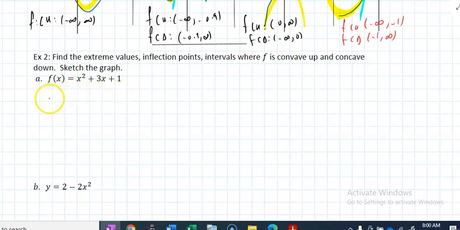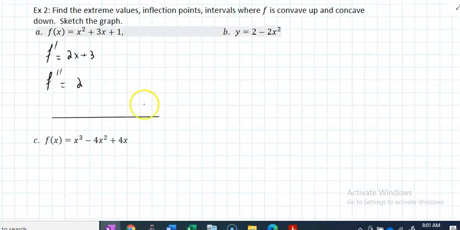So what are we looking for? We're looking for the second derivative test. The first derivative is 2x plus 3. Second derivative, if I do my chart, let me change the format really. So if I make the chart,